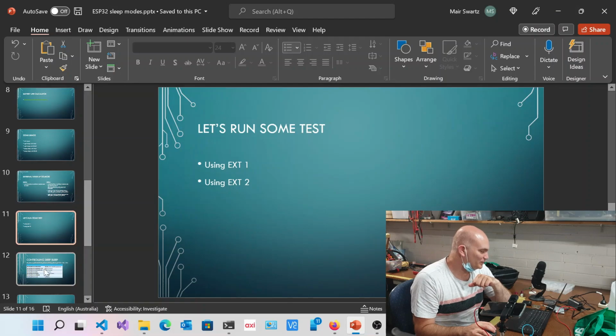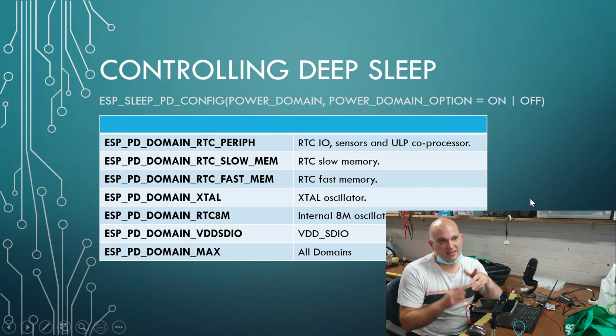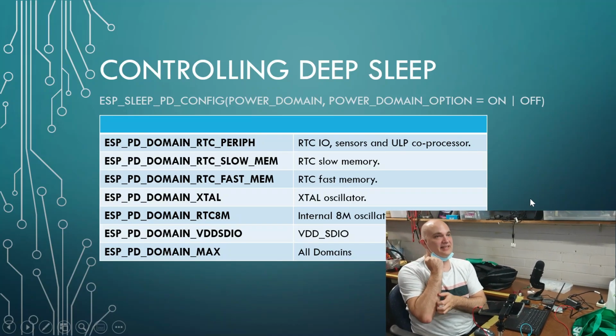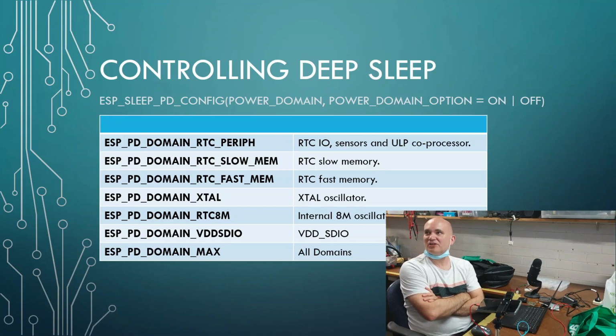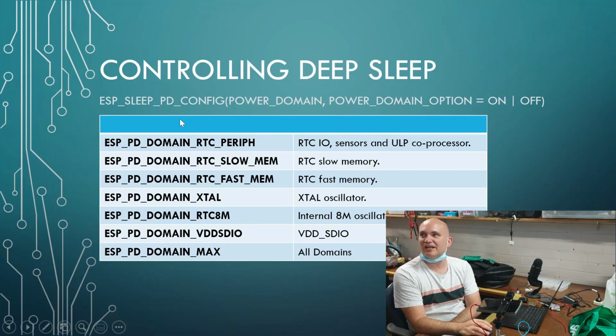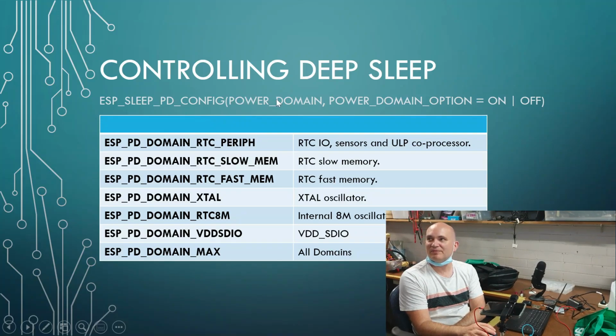Battery powered, no problem. So now it comes to your question that you had, right? What is it that I can control, and can I control the oscillator? These are the various different things that you can control. We use this, as we saw just now, ESP sleep power domain config, and these are the various different power domain configurations that we can have. And then we've got the options: we can either switch it on or off. We talked about the peripherals,